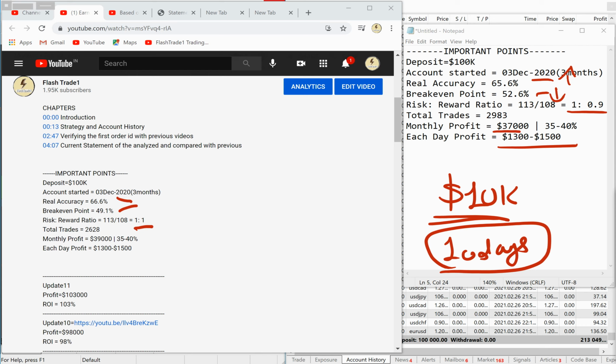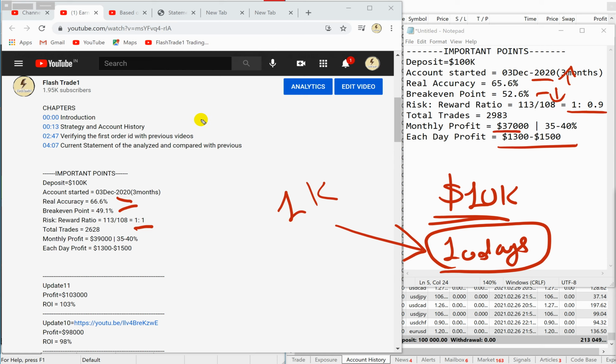So we'll try in this account to improve all these three things so that we can make a higher profit on this account. As of now we have made 1k profit in 10 days, meaning every day 1k profit. If we increase these three things on the account, then maybe we would be able to make even $1,500 or $2,000 profit on this account every day.